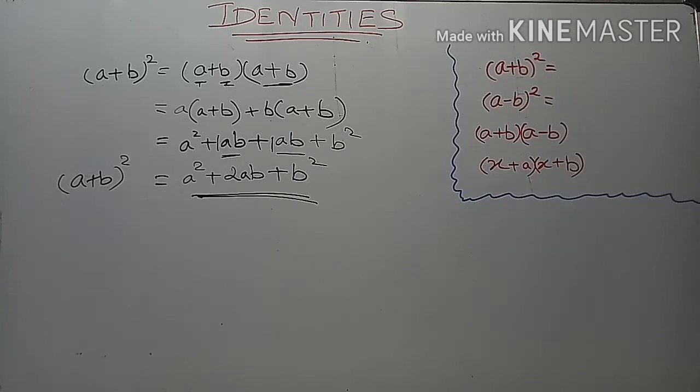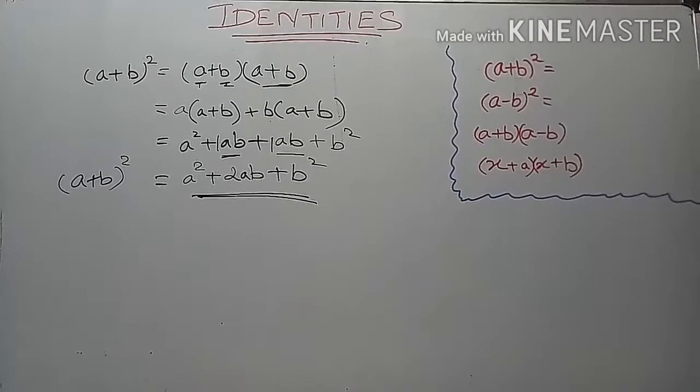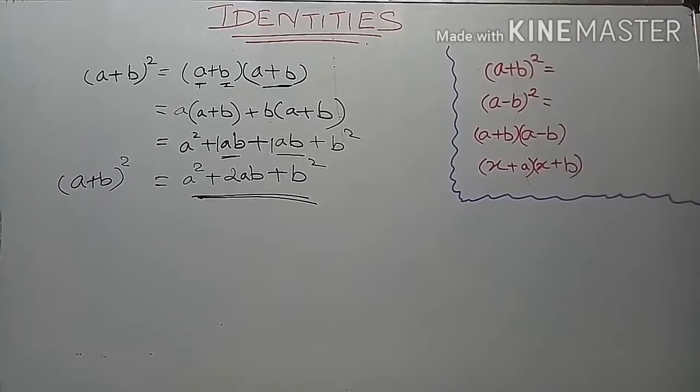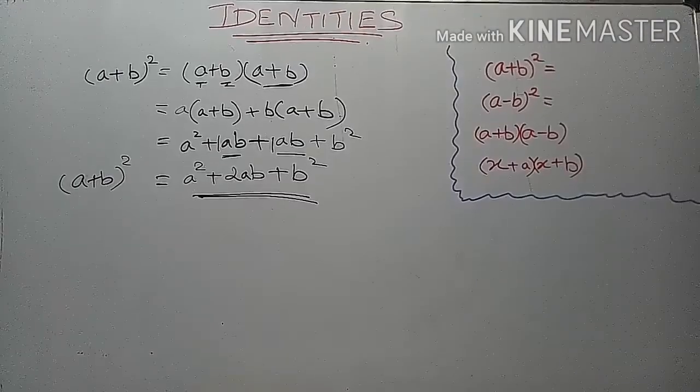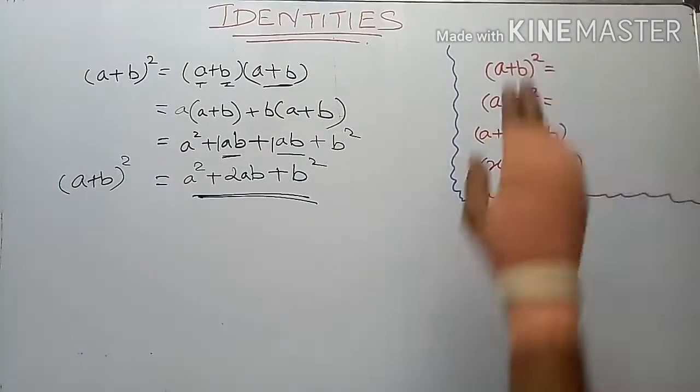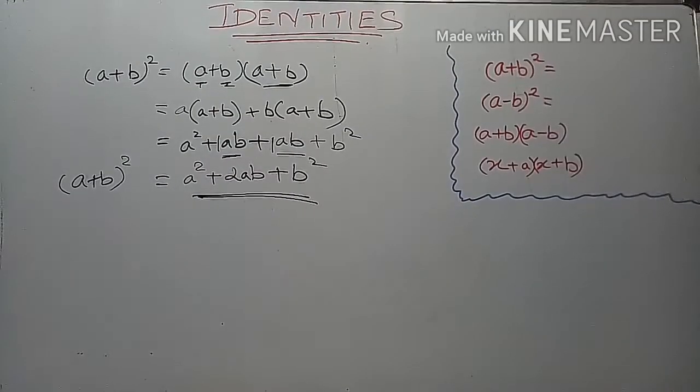It seems abstract and theoretical when solving it on paper or on the board, but if you want to see how it can be done practically, I'll give you several links to prove the values of these identities and how they will appear when you practically apply them. Those links you will find in the comments or in the description below. Let's move on to the next identity, that is a minus b the whole square. You can pause the video and find the value on your own.